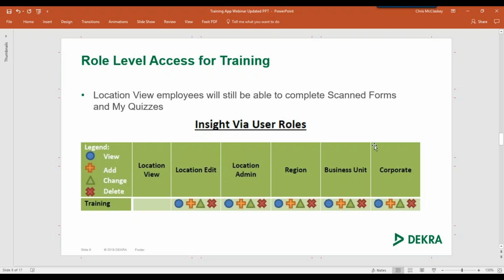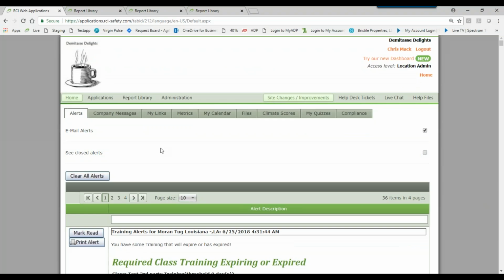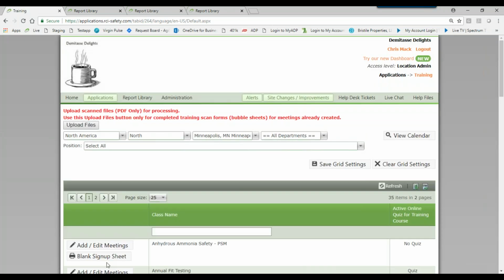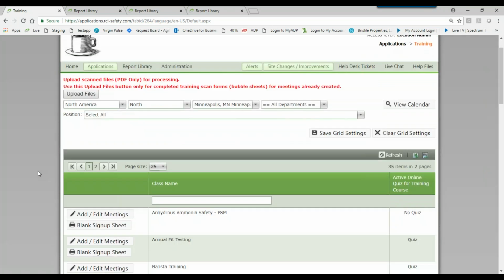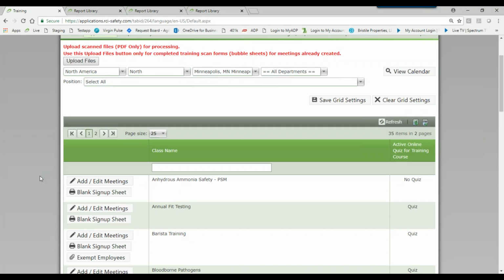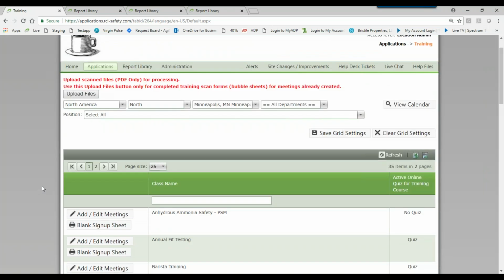So let's go to the first method called traditional training. So we're going to go to applications, training, and this is going to show us our list of all the training topics that have been created by corporate on the admin side. At the very top, you'll need to select a location,